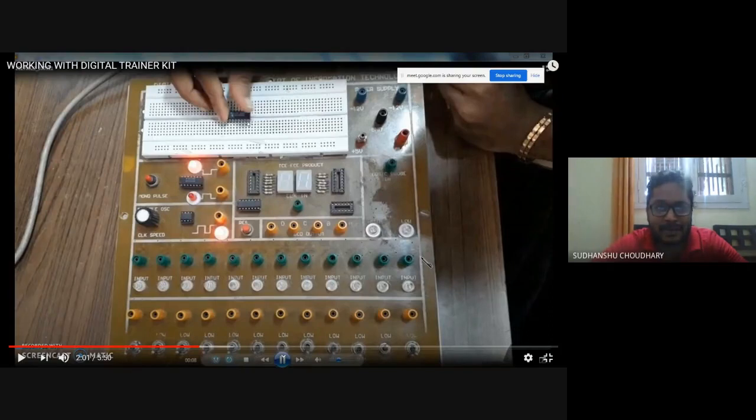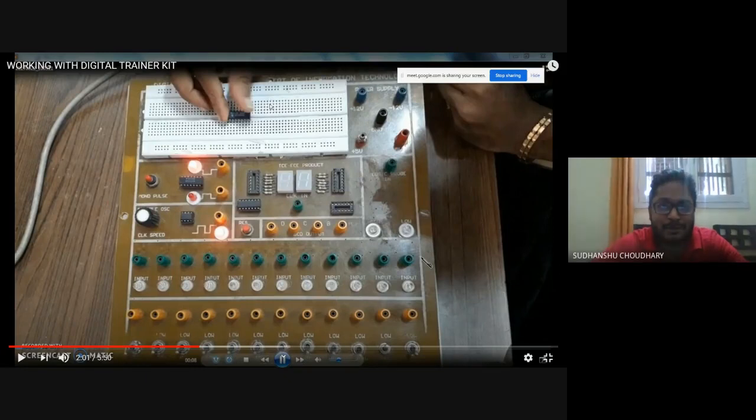Why do we connect it here? Because in a wishboard, this middle block is divided into two parts, and these two parts are not connected. In each of these two parts, all these holes are connected vertically. So you have a vertical connection between all these holes.